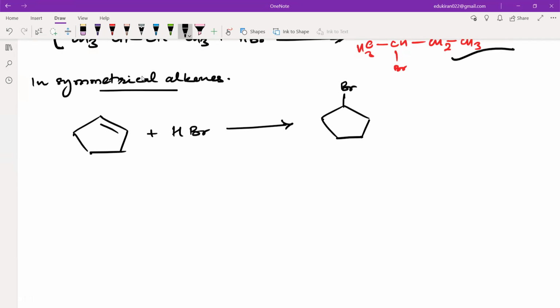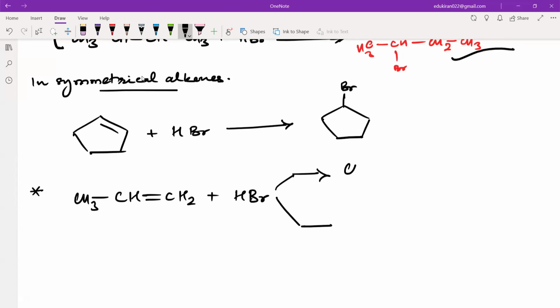But if I have something different, for example, CH3 single bond CH double bond CH2, and I want to add HBr on this. Now we have a confusion that I can get two products, right? I can either have the Br attached on the middle carbon, that is CH, the Br is attached here, and then CH3, or we can have CH3,